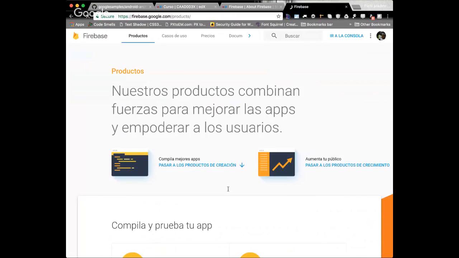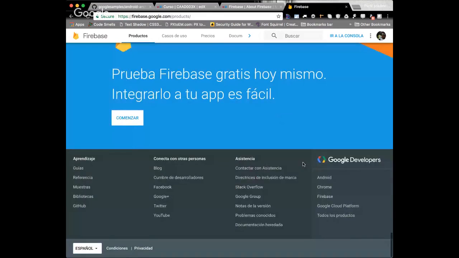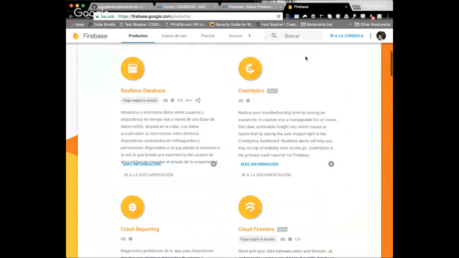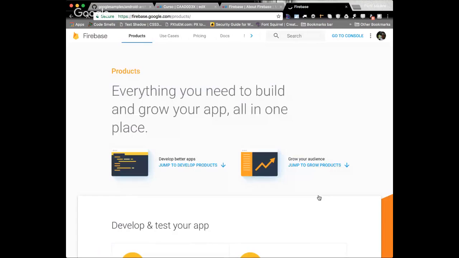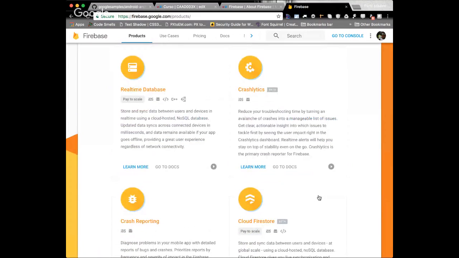Sorry, but I have my computer in Spanish. I'm from Guatemala, but let me check if I can change. Yeah, I can change to English. Okay, we have our English. So we have a great product on Firebase. One example is the real-time database. It is like a good database